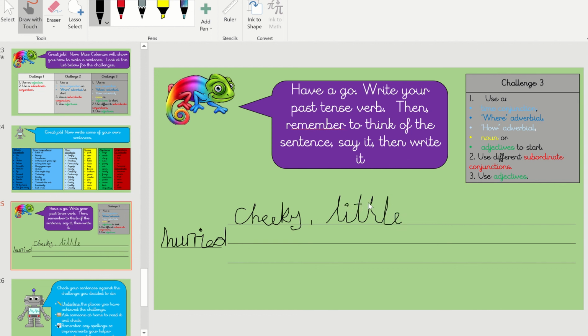Cheeky little gnomes. Guys, can you remember what the sound is at the beginning of gnomes? You got it. It's a G and an M. And then split digraph O and E in the middle. Cheeky little gnomes hurried. Handwriting's not very good today. Oh dear. Hurried